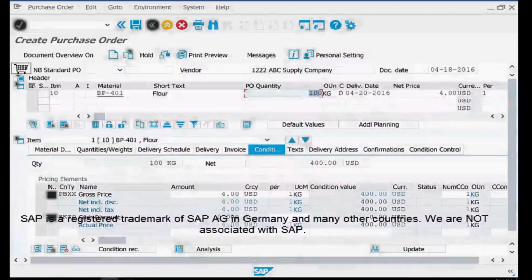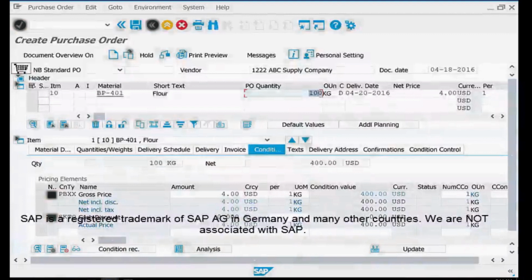One more important thing which I will tell you all to please confirm is the delivery address. If you have a standalone plant, or one or two plants which have a common warehouse, then that is not a concern, because once you enter the plant code, it will automatically capture the delivery address.